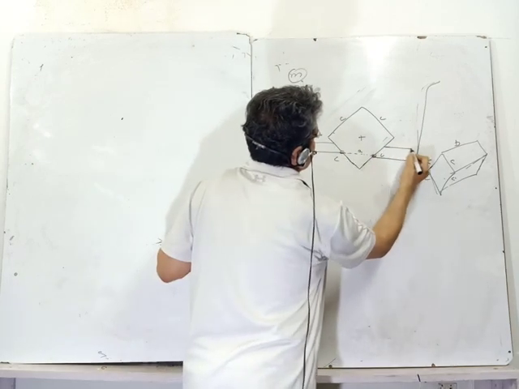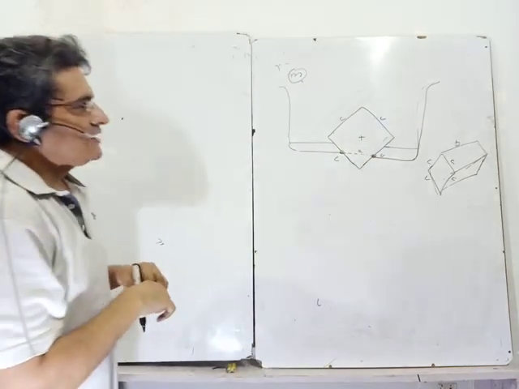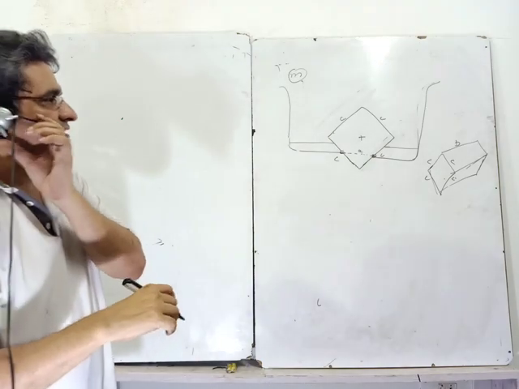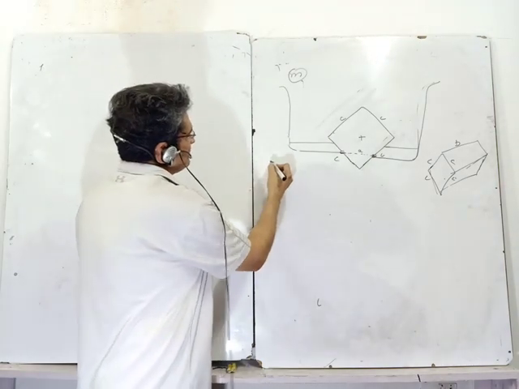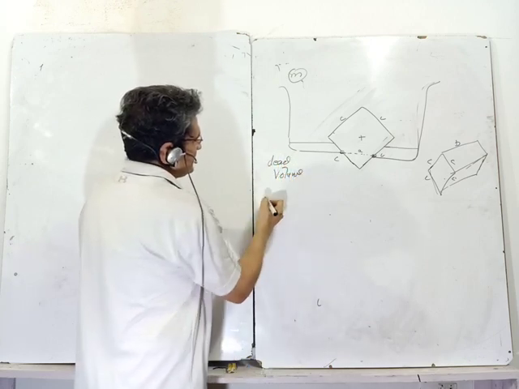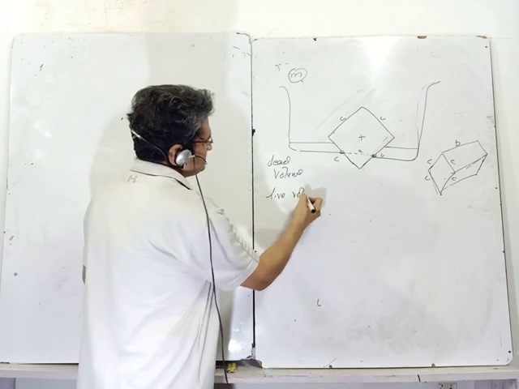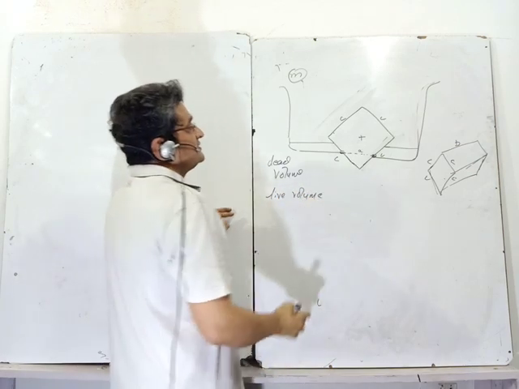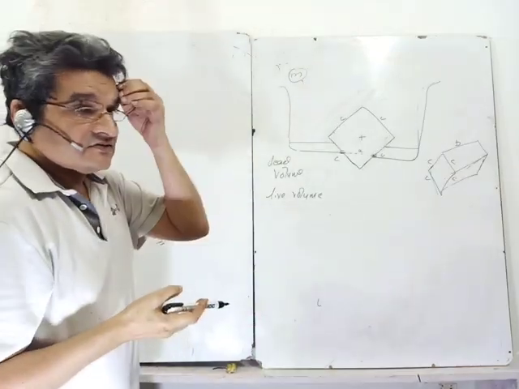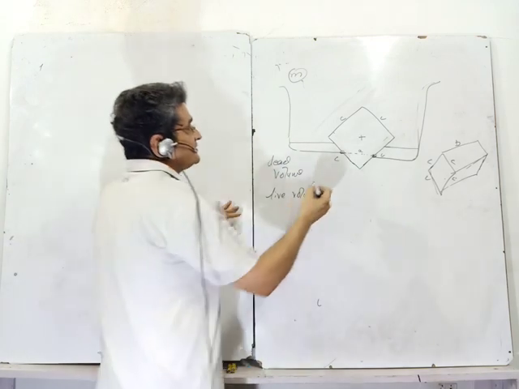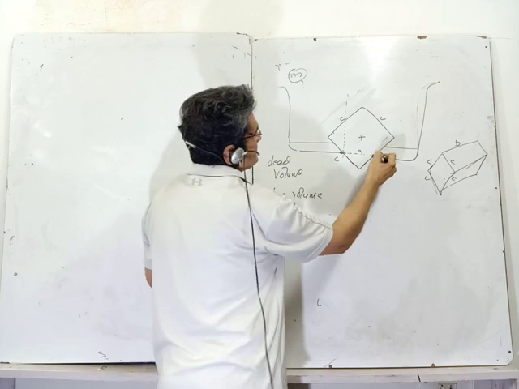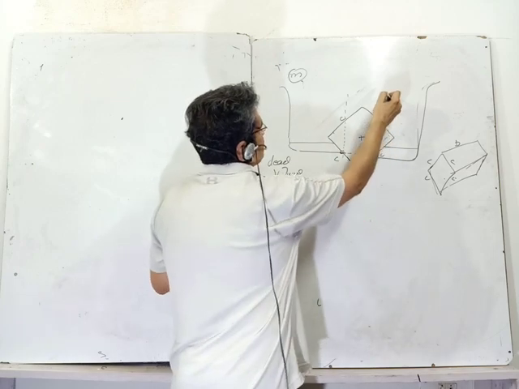This is the level of liquid I poured. What will I consider to find the upthrust? I will use the language of what I will call dead volume and live volume. These are just my words. Why am I saying that? Just draw a vertical line. I don't know if books have used this word or not. So I just draw the vertical line.